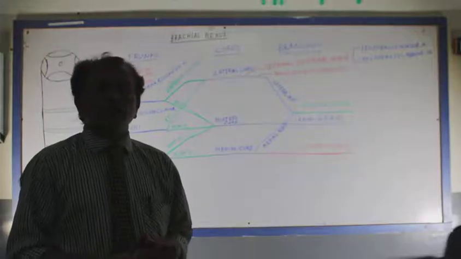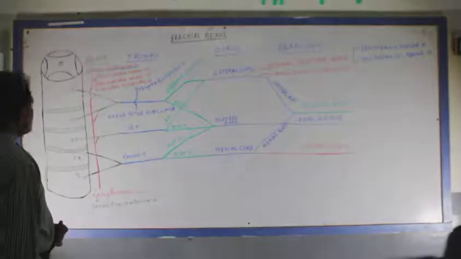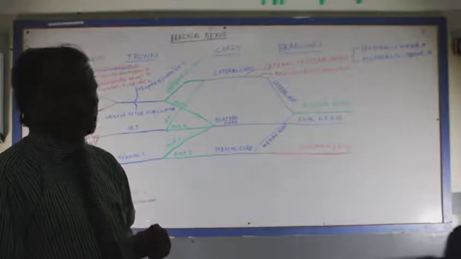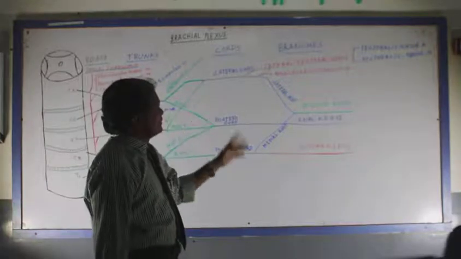Now we have to discuss the branches of the brachial plexus. The roots may give branches, and the trunks may give branches, but the divisions give no branches. The branches do not come from the divisions. The parts and the big nerves also give branches. So first we have to discuss